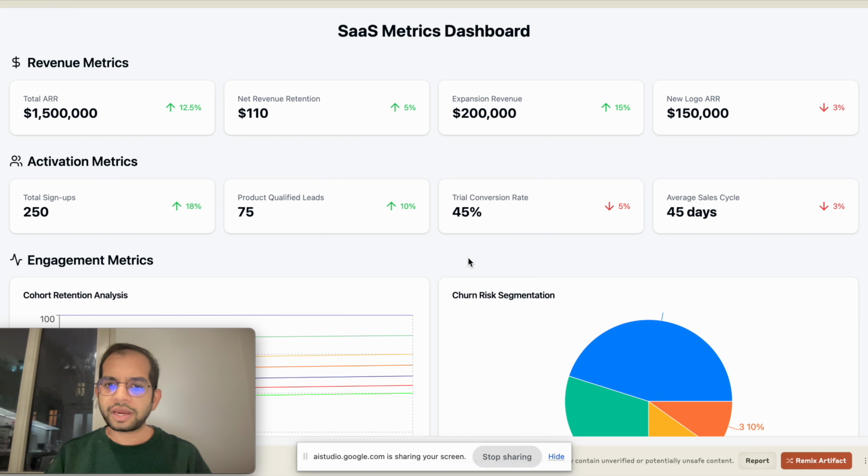Can you suggest some hypotheses for the decrease in average sales cycle? Certainly. One hypothesis is that the sales team might be focusing more on larger, more complex deals, which naturally take longer to close. Another hypothesis could be that there are some bottlenecks in the sales process. A third hypothesis is that there is an increase in customer need for more information or proof points before committing